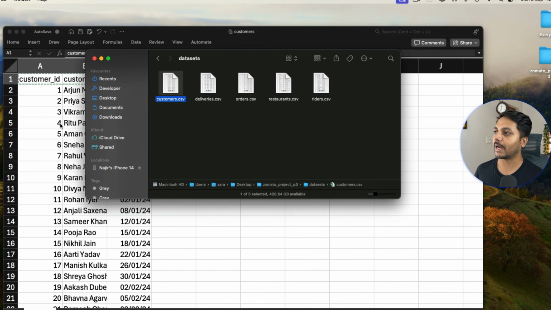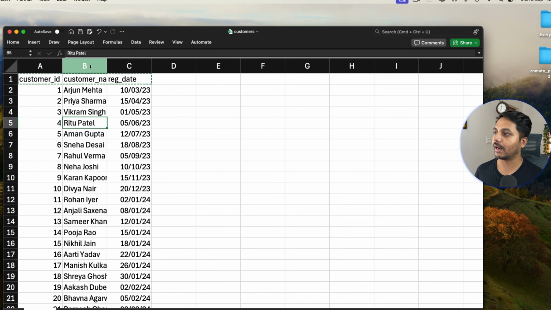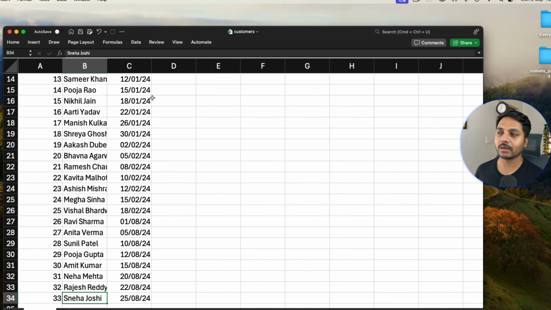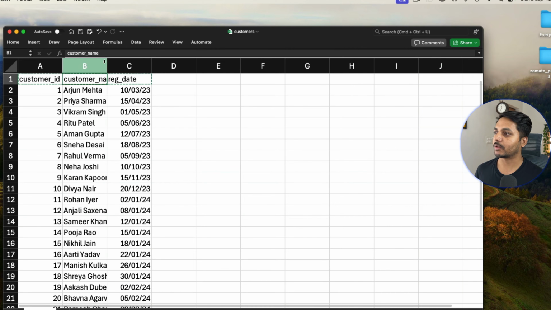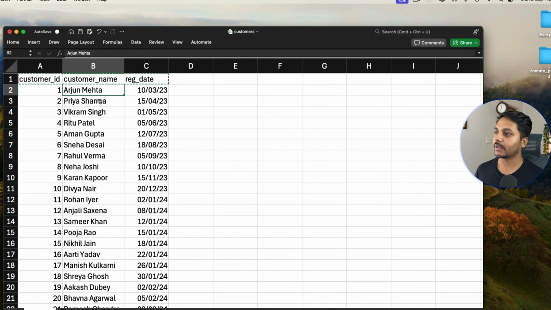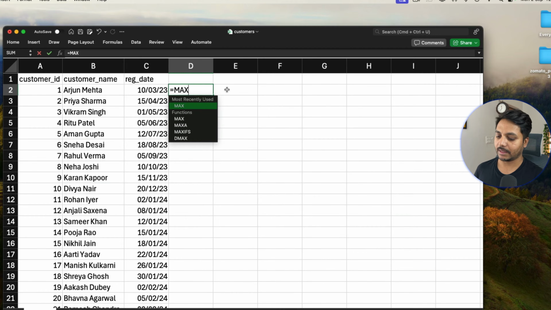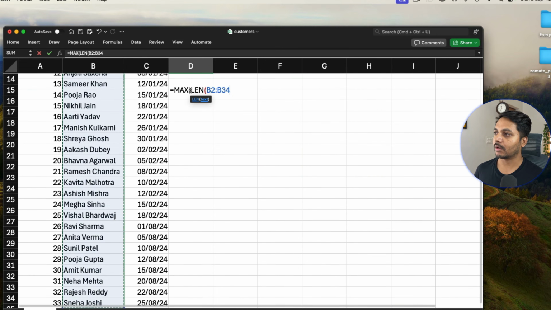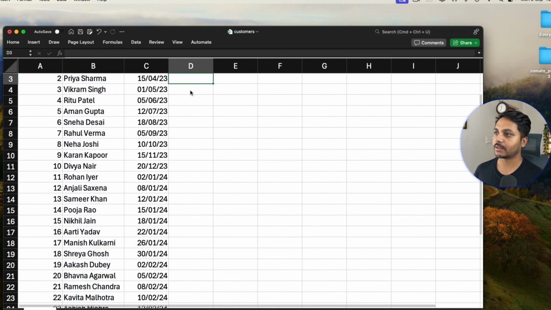So for the customer's name, I need to check what is the maximum character length of this name. We already have 32 customers at the moment, so we can check their length. You can just double click on it and check their length manually, or there is a function in Excel. If you're using Excel, you can just say max, and then in the bracket you just need to type len, and select this whole column, close the parenthesis, and you will see